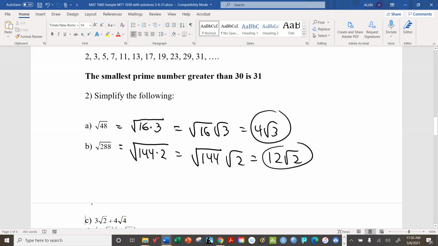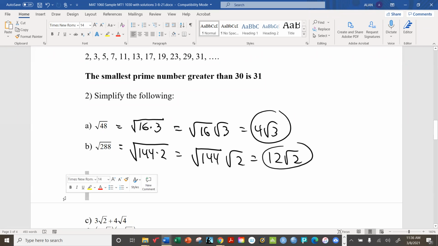So if you didn't notice that right away, again, you could try other possibilities. For example, this one should be divisible by 4. And it is, yes. But if you did start with 4, you would still have to carry on and do some more simplification. Here, the largest perfect square that is a factor of this 288 is in fact 144. And that takes you directly to the solution. If you tried a different approach and you got the same answer, that's fine. Very nice.